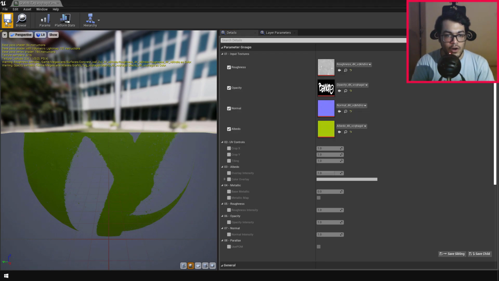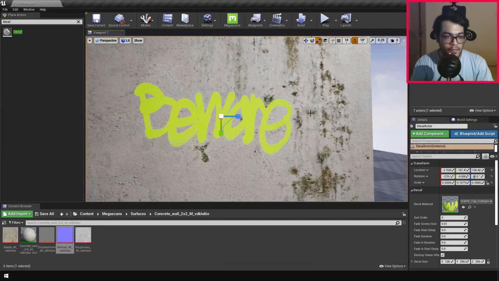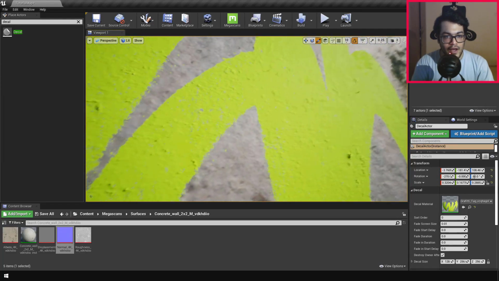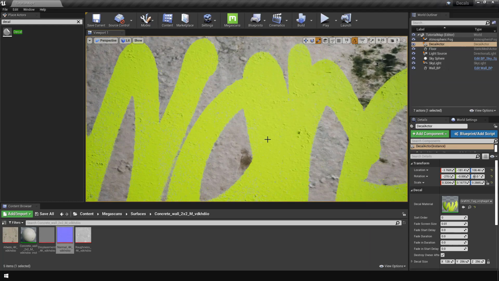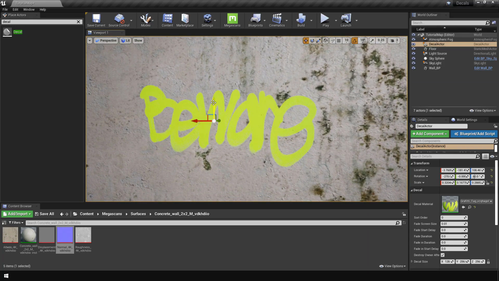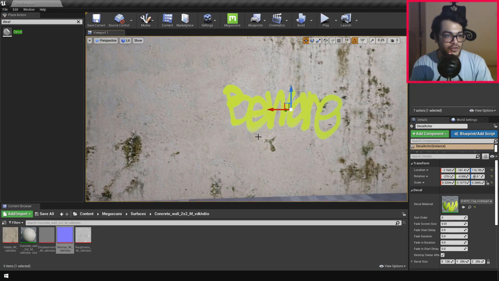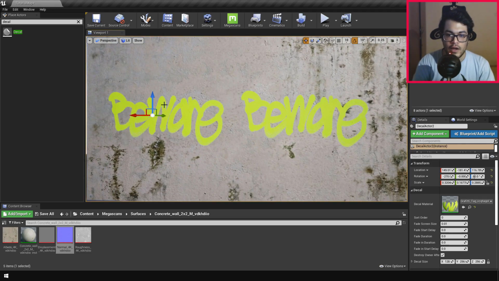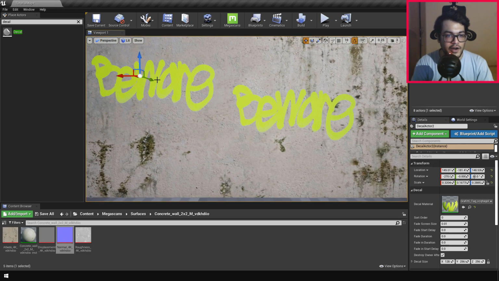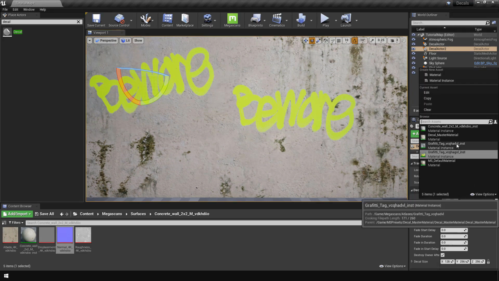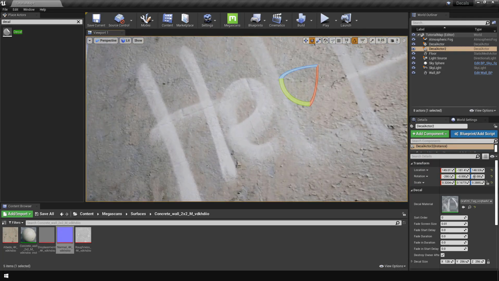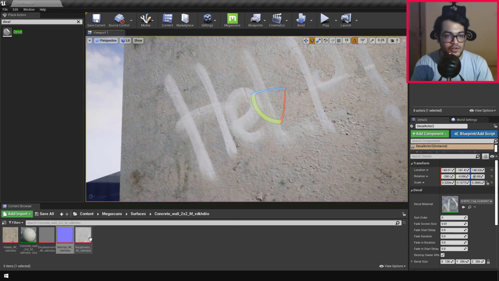Now if we take a look at our decal material, it's fixed. We have the same roughness and the normal information that our wall has. You can just duplicate this and you can change the material to our second decal. And the second decal also has that brick texture.